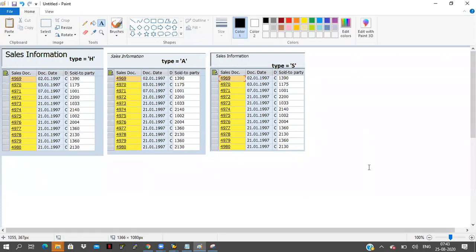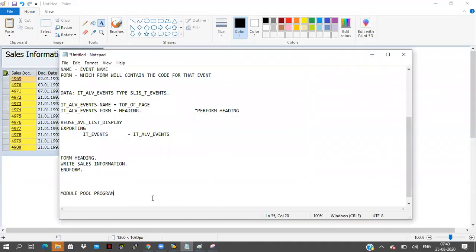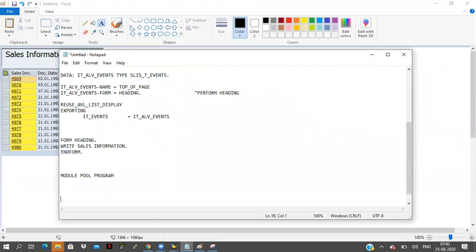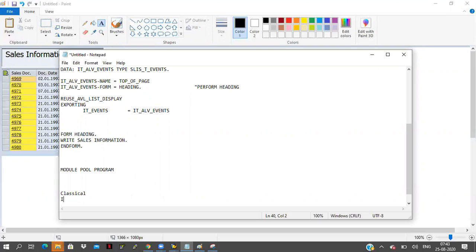If you want a particular size, that is not possible here. That is possible through OOPS ALV only. Here this is the ALV. So how they have developed the programs here: first they have introduced classical reports, I mean they have introduced some events like top of page, end of page, start of selection, end of selection, like that. And they have introduced interactive.